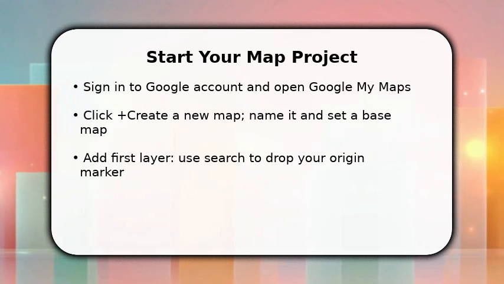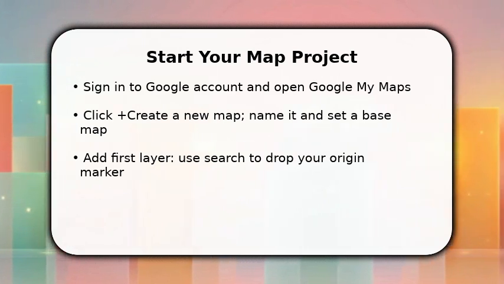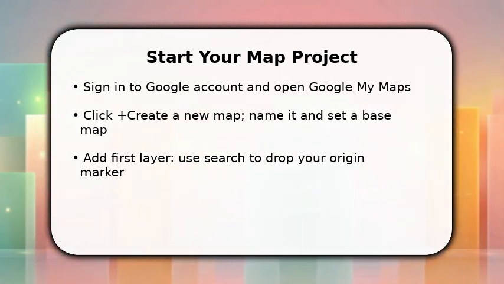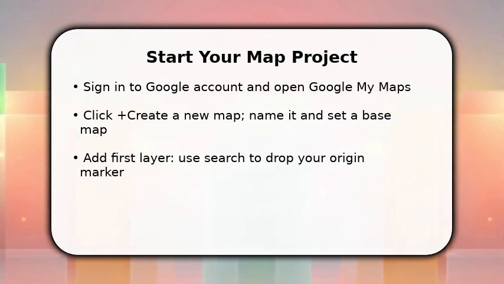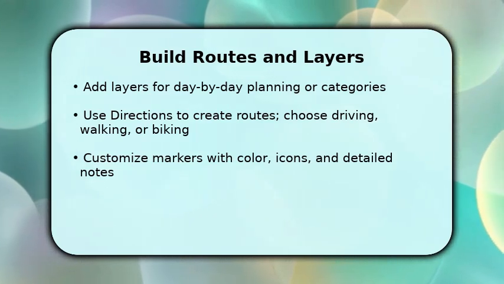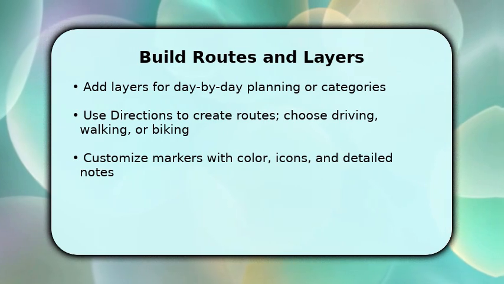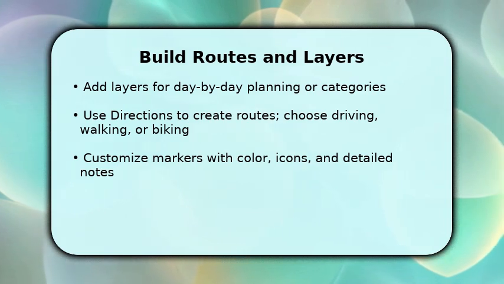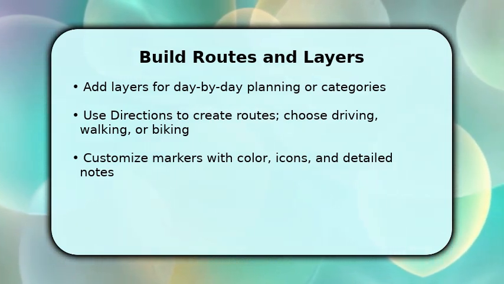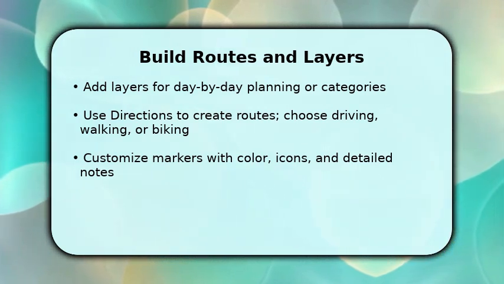This first step creates structure so you can build routes and locations logically as you plan stops and timing. Now you expand the map by adding layers for each day or category, which keeps locations organized. Use the Directions tool to draw routes between stops and choose driving, walking, or biking so travel times reflect real conditions. Make sure to add markers for POIs and edit each with images, notes, or custom icons so you remember